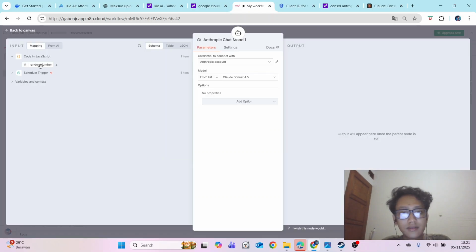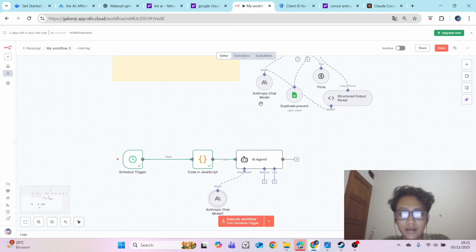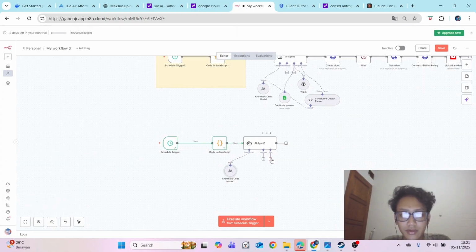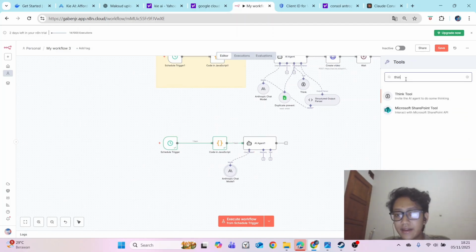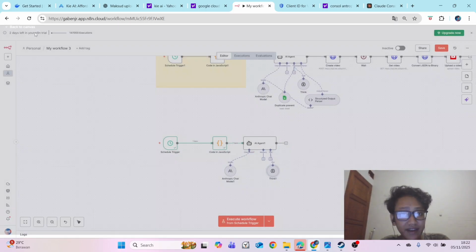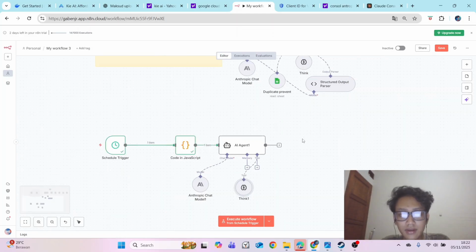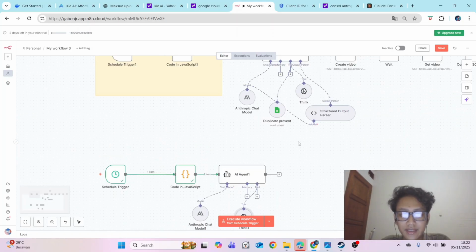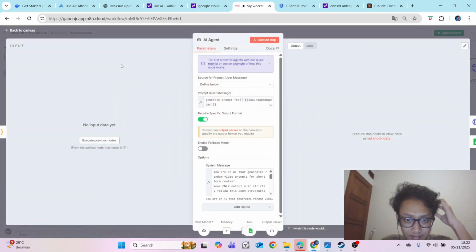And okay, next you need to set up the tool. You can add the Think tool. This is the purpose why I put it in here: to get a better output. And after this, wait a second.